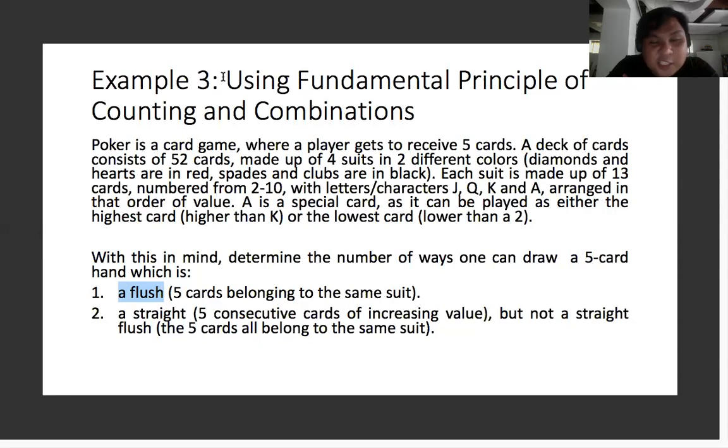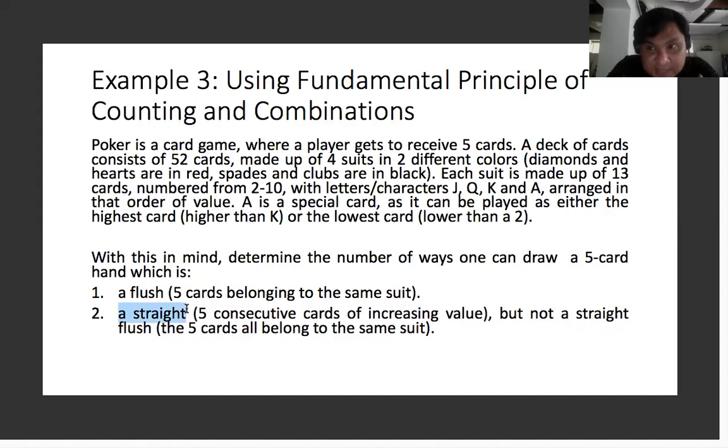Okay, so for the next question, what about getting a straight? A straight is 5 consecutive cards of increasing value. Now remember, pay attention to the special value of an ace. An ace could be the lowest card, which means it could come before the 2, or it could be the highest card, which means it comes after a king. All right? So in number 2, it says you need to figure out how many ways